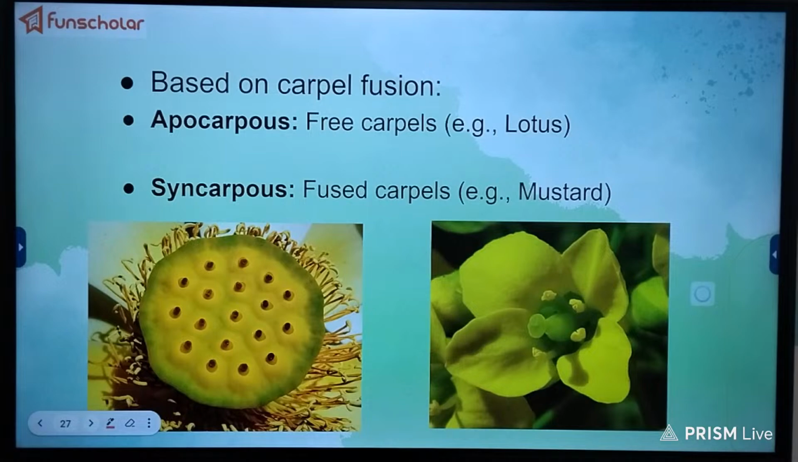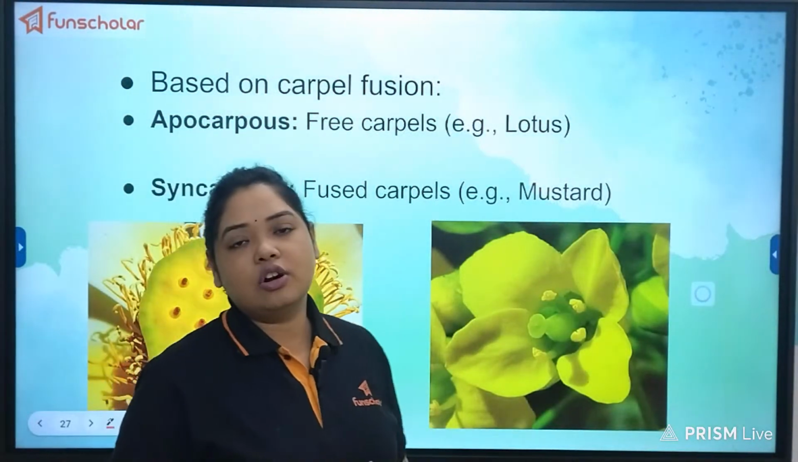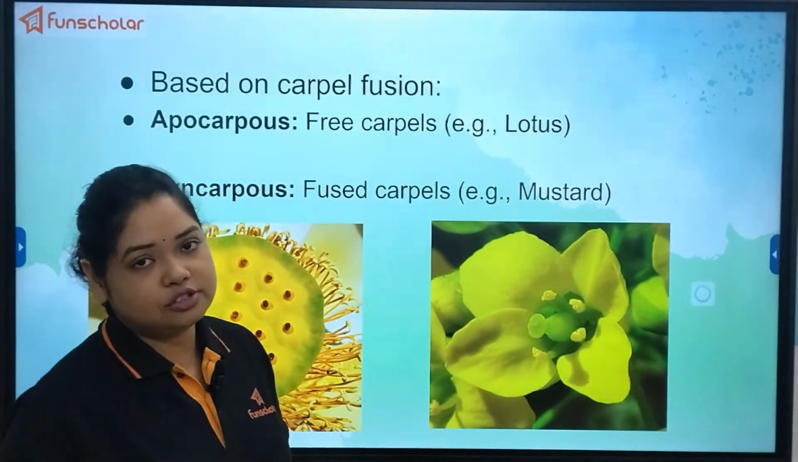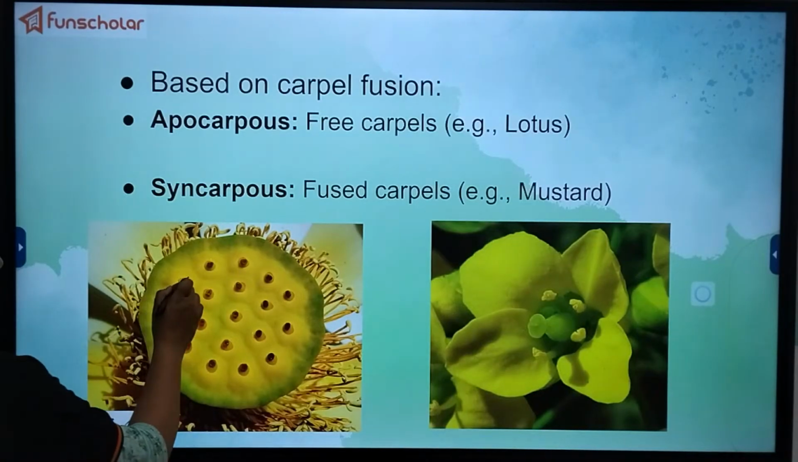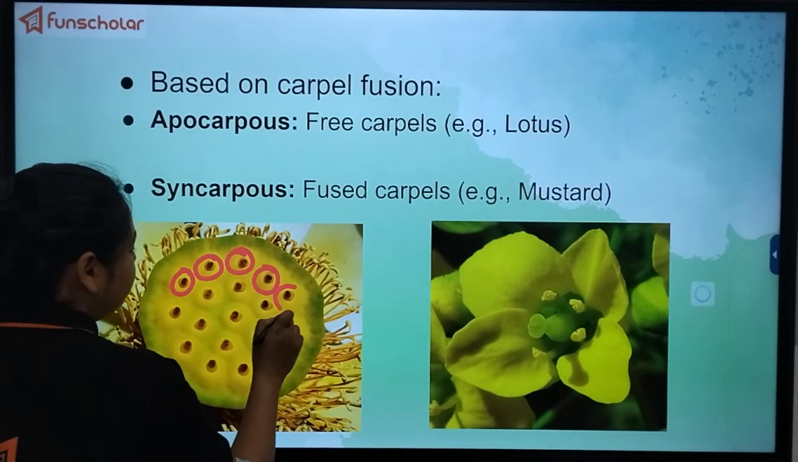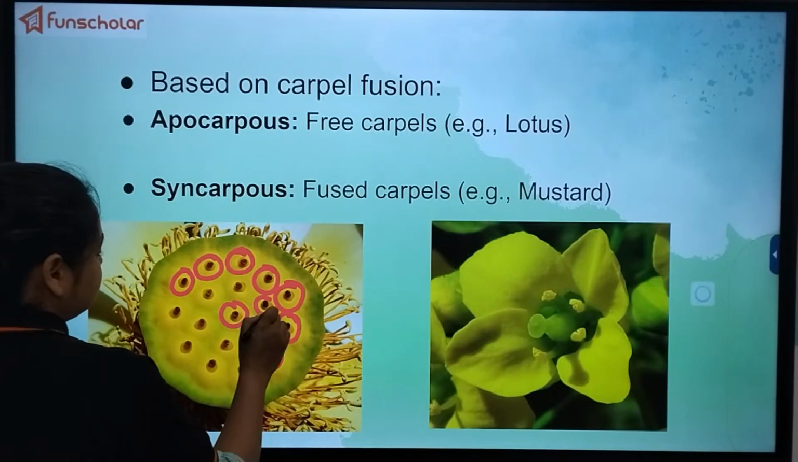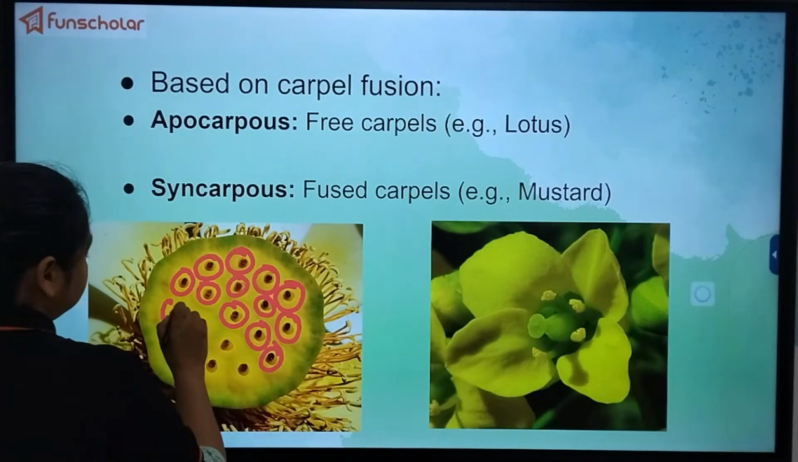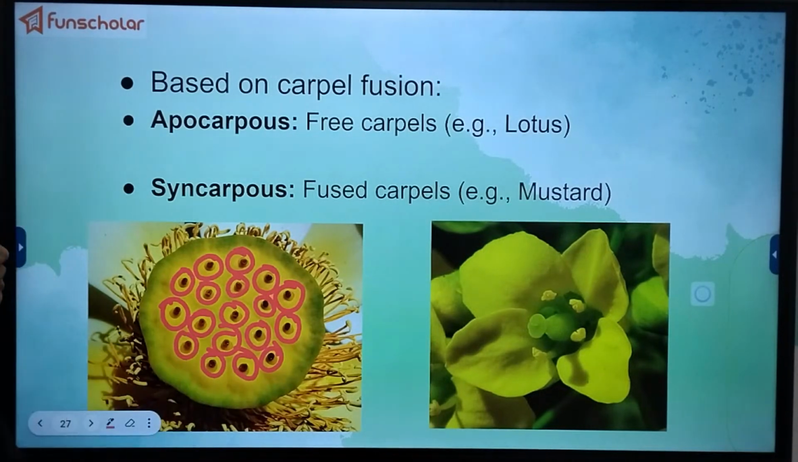Now based on the carpel fusion, again we have two types. Apocarpous means the carpels are free, means they are not attached to one another, and you can actually count the number of female reproductive organs or the carpels. Example lotus. Here you can see the stigma is present, at the top which is viewed. So these are all the stigmas which are popping out. So you can actually count the number of stigmas, right? And since